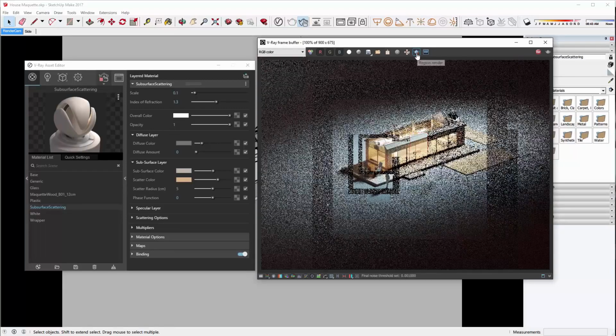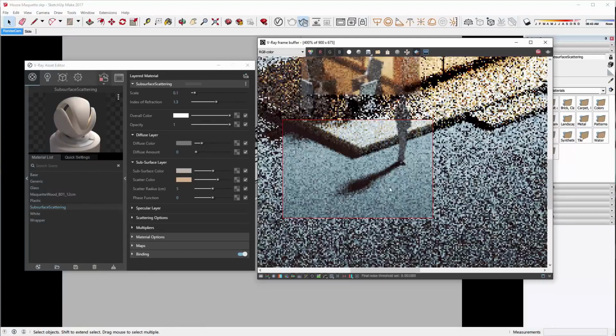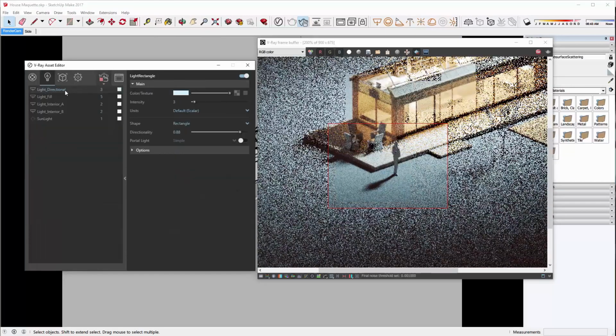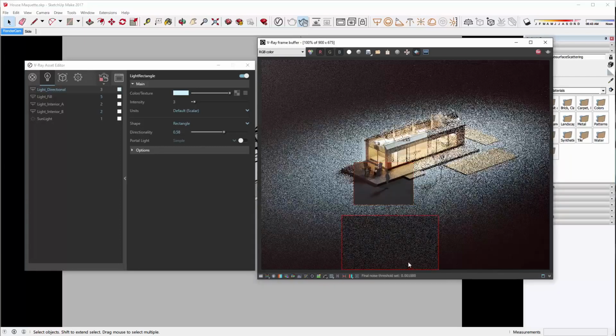So next we're going to take a look at the rectangle lights directionality. So let me show you that. I'm going to make another render region that's on this shadow here. So we're able to see what the lights are doing. So let me go to the light lister and just select this first light, and this is the directionality. So it's now working, and if I lower it, you'll see that the intensity will also be lowered because now the light is more spread out. So if I change the render region to someplace else, you'll see that the light is more spread and the